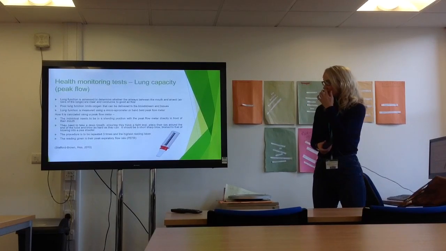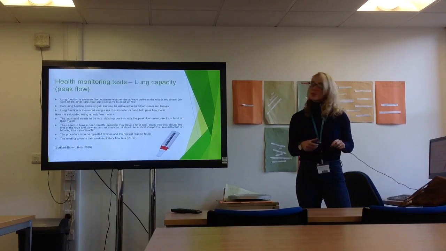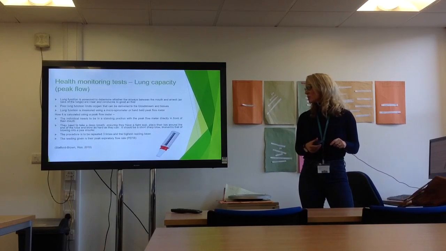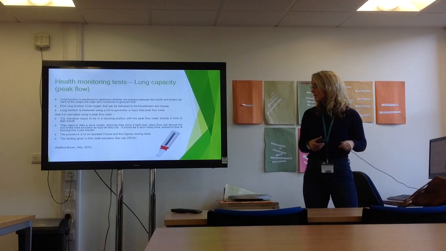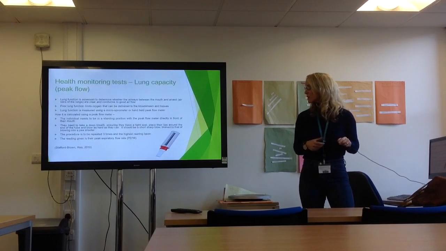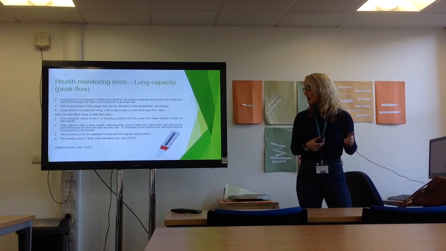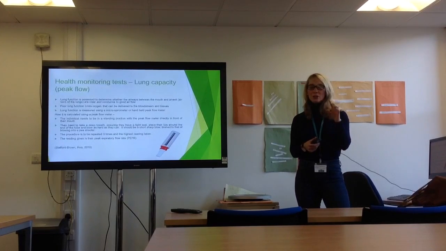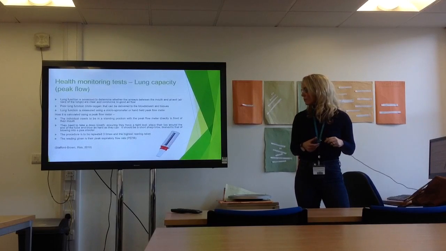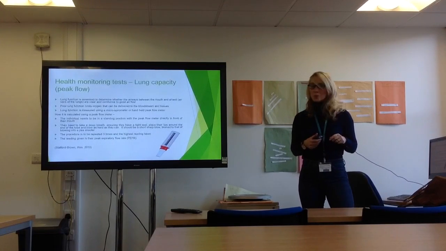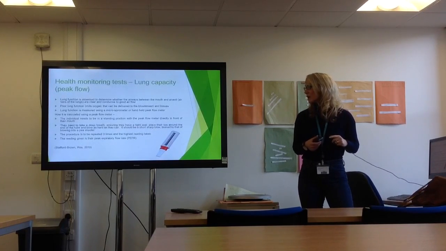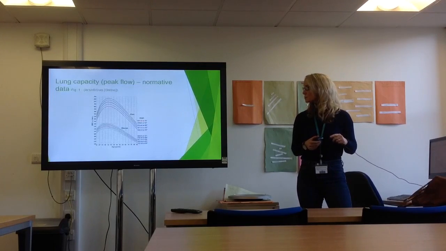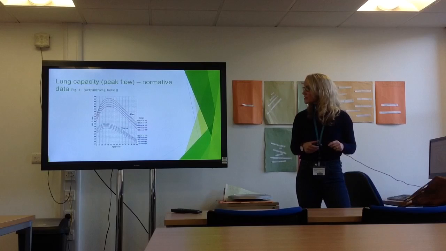So, the example I've given here is of how to take a peak flow reading. The individual ideally should be in a standing position with the peak flow directly in front of their mouth. They need to take a deep breath in and then blow sharply onto the device, making sure that they've got a good lip seal for maximum blowout. They need to ensure that the fingers aren't over the reading, because you can limit where the reading is taken from. The procedure is repeated 3 times, and the highest reading should be taken. The final reading is the peak flow rate. And here I've got some normative data listed.